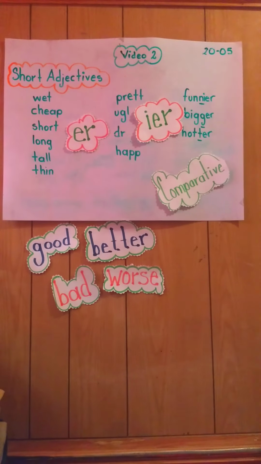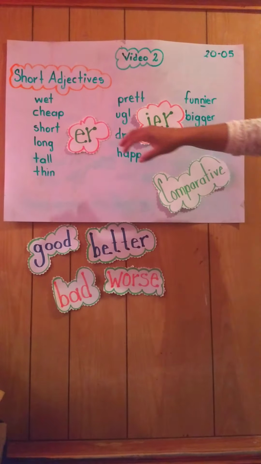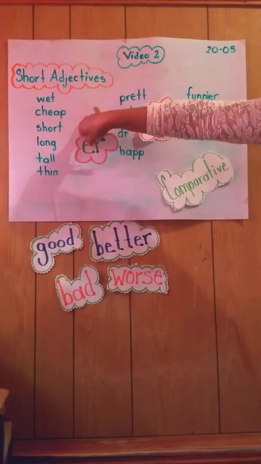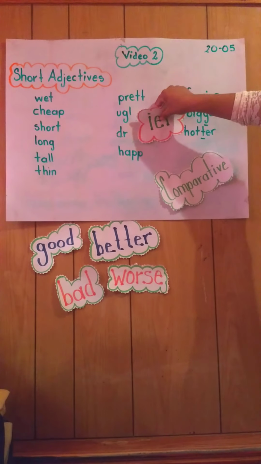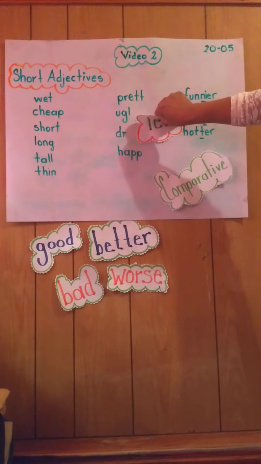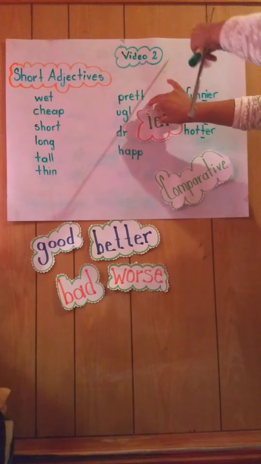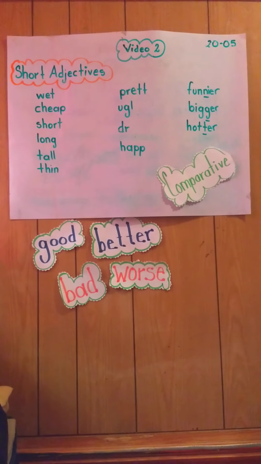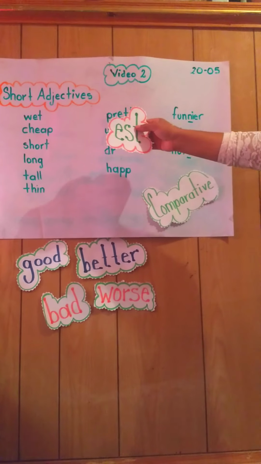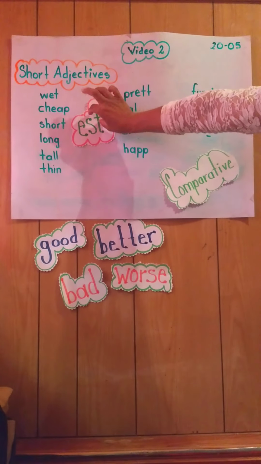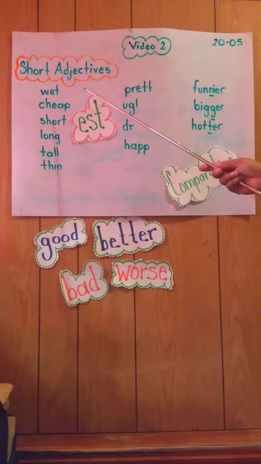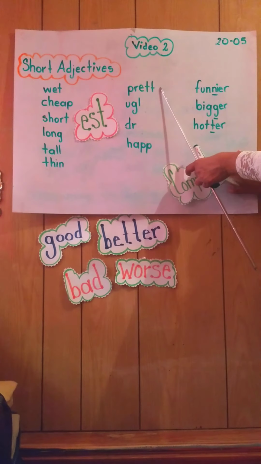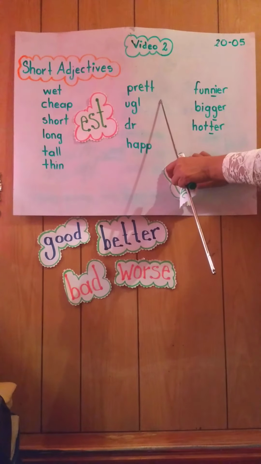But what happens with this kind of adjectives when we want to talk about superlative sentences? Oh, we need to change these letters, okay? And it's necessary that you copy the table in your notebook. Why? Because the letters are very different. For example, in this case, in superlative form, I'm going to change this paper, and we are going to talk about